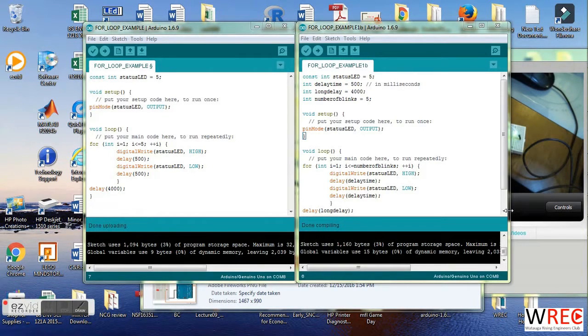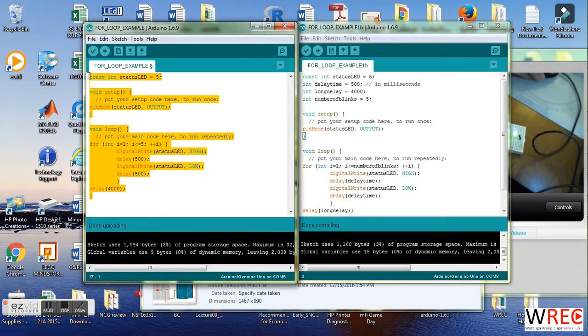Welcome, Watauga Rising Engineers. In this session, I want to speak quickly about variables and the power of using variables in your programming. Now on the left here, this is the sketch that we talked about in the last video